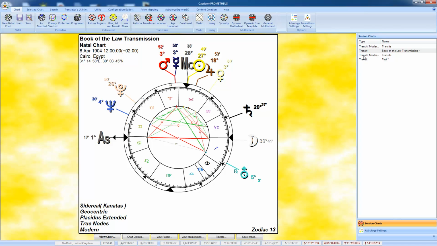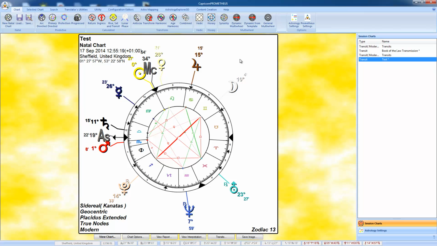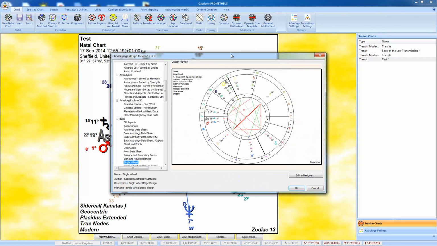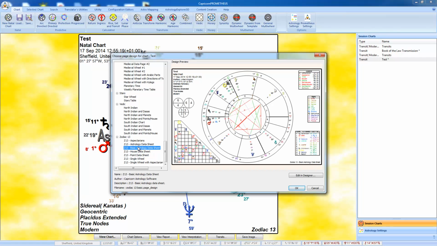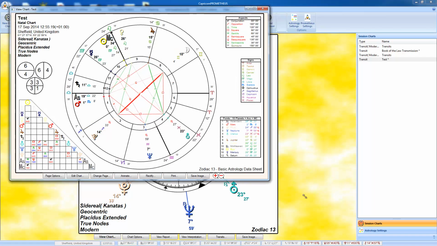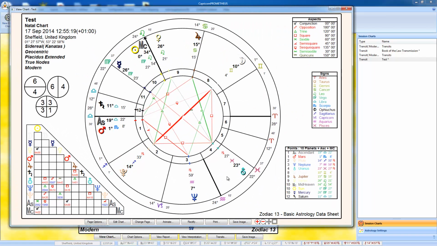So what we'll now do is have a look at some of the other things that we've got. There are a few pages relating to 13 sign work. If you double or left click or you press view chart, it will bring up the set of pages. At the bottom of that we have a set of Zodiac 13 pages that give various data. You can bring it up, have a look. And we have there the list of planets and so on, and it's all in the Zodiac 13